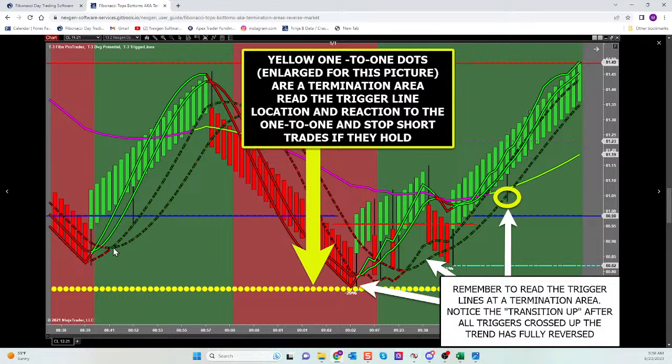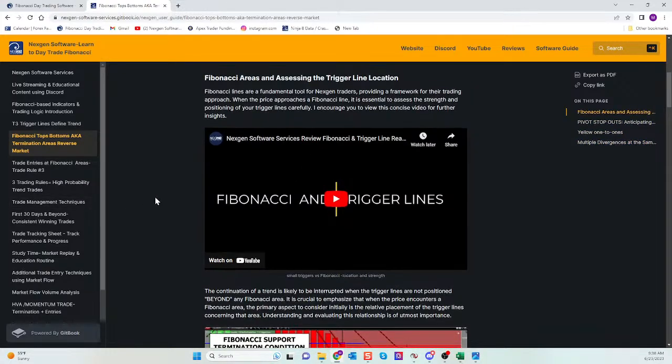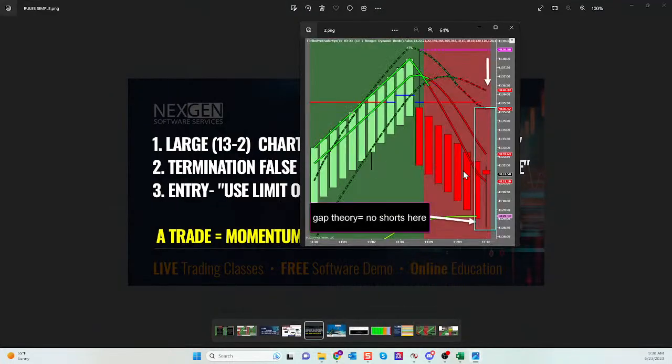What you're also going to recognize is when you have a pivot that creates a reversal, it's not a strong bottom. It's just a pivot that creates a reversal. And when you have a weak bottom, a lot of times you're going to see the market continue down to that next key Fibonacci area. It happens a lot. So guys, 3 divergences in the same location may help you identify change on the larger chart before you actually see it there. There was that final termination condition, right? The mid-band. A large chart mid-band can act as a termination condition. And guys, it does it.